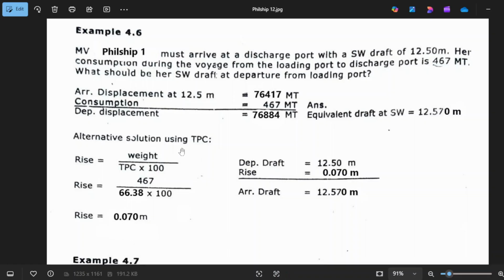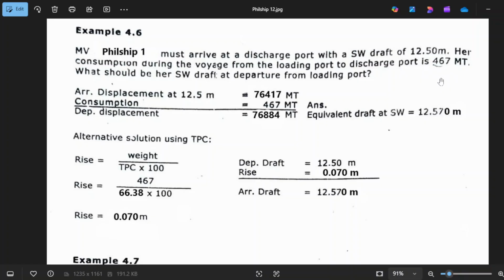So here's the problem. MV Wheelship 1 must arrive at discharge port at 12.5 meters in salt water. Her consumption during the entire voyage from load port to discharge port is 467 metric tons.